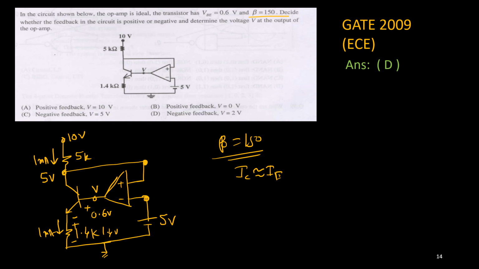So this 1.4 plus 0.6 is 2, that is available at this point. So V is simply 0.6 plus 1.4 equal to 2 volt. So it's 2 volt output and it's a negative feedback. It's correct. Output is finite, so negative feedback and 2 volt source. Right? So it's a good problem. I think you have got the point.